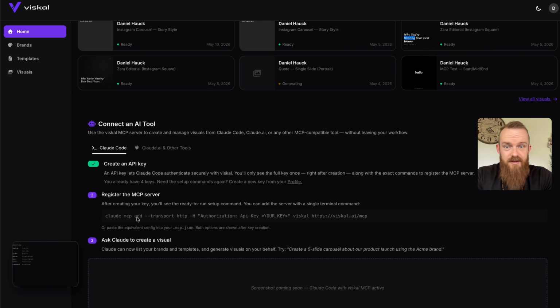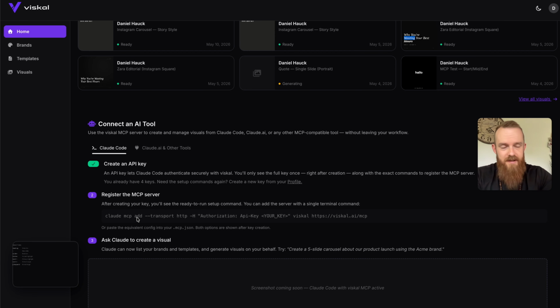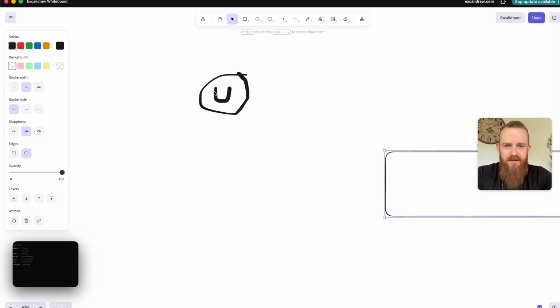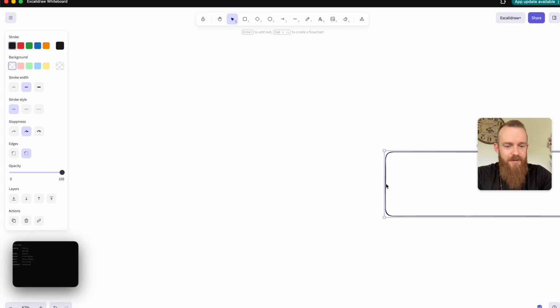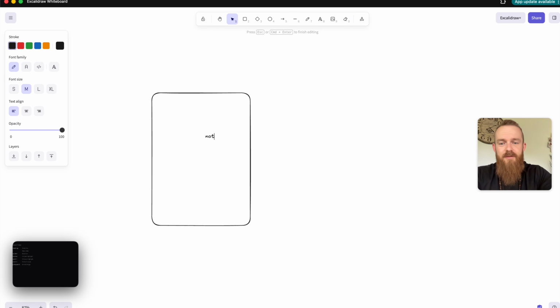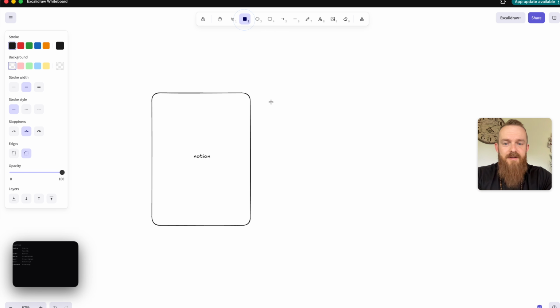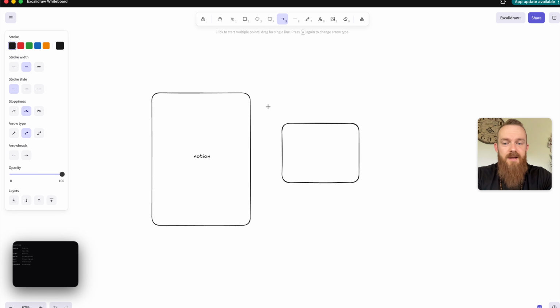MCP, so that you can say inside Claude, okay, I have my content database. I won't show it to you right now because that would take a lot of time and that is quite boring. I will create a demo video for that. So let's say you have your Notion content database here. You have Claude Code in the middle,